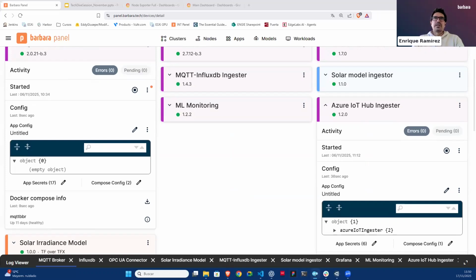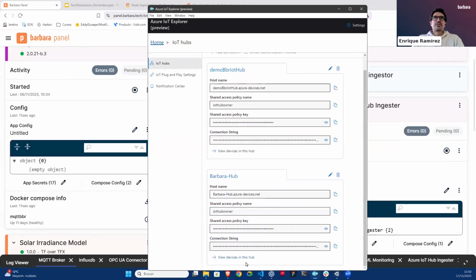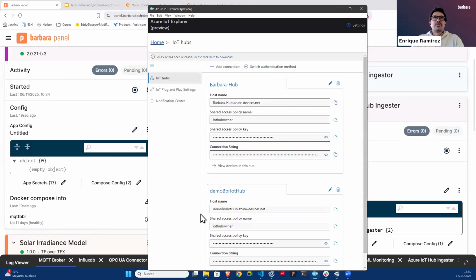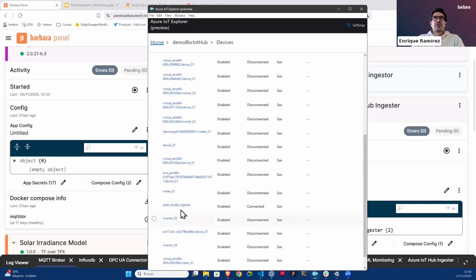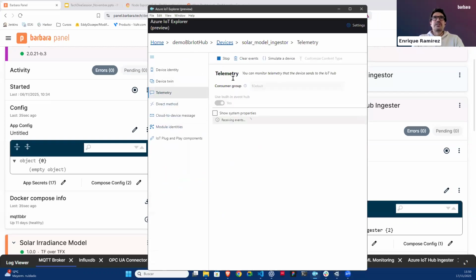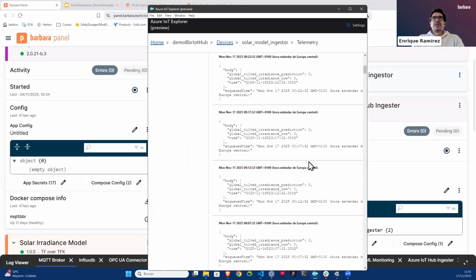this Azure IoT Explorer. This is a tool by Azure that allows you to connect to the cloud. Sometimes it fails from time to time. Okay, here we have it. So we can see here we have the weather station information in the Azure cloud, and also the solar model injector. So we can select it, for example, and we can see the telemetry we are receiving here, as you can see. So we are receiving all the numbers for prediction and actual values in the cloud from the edge